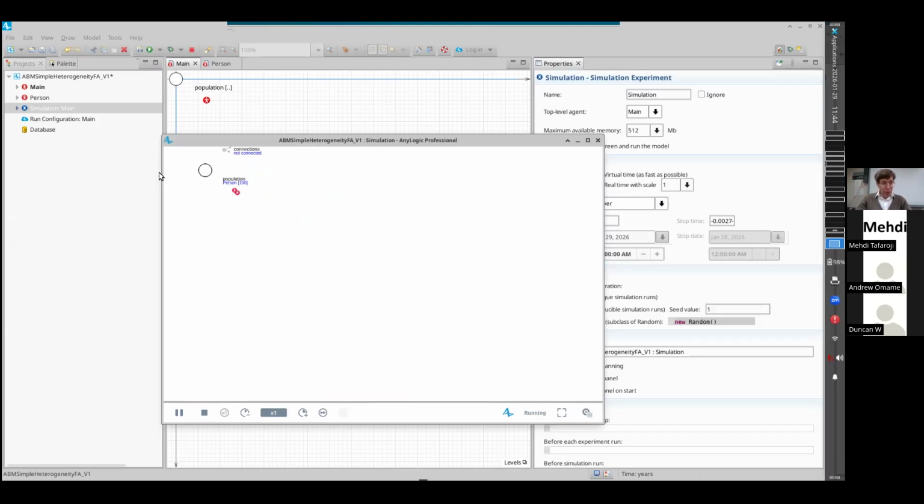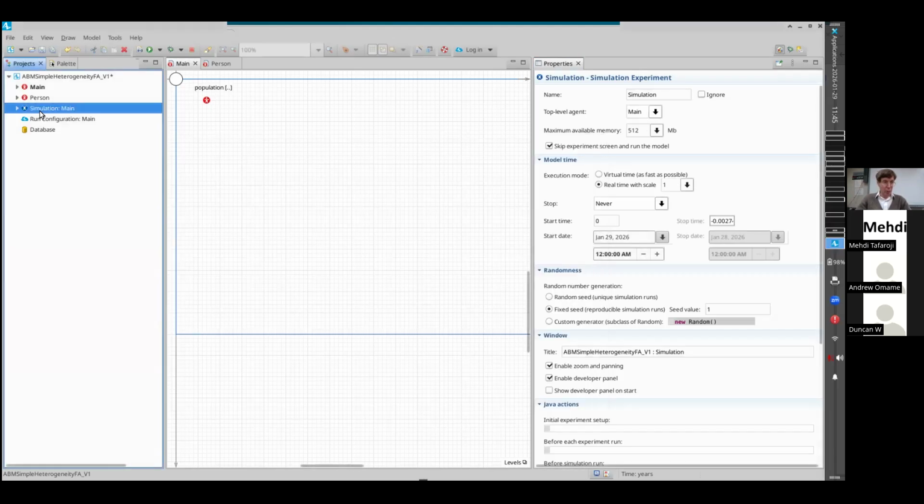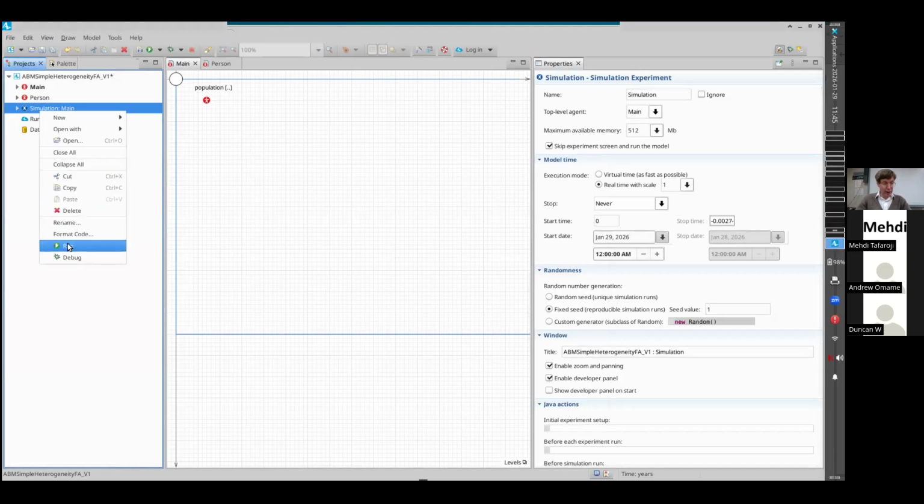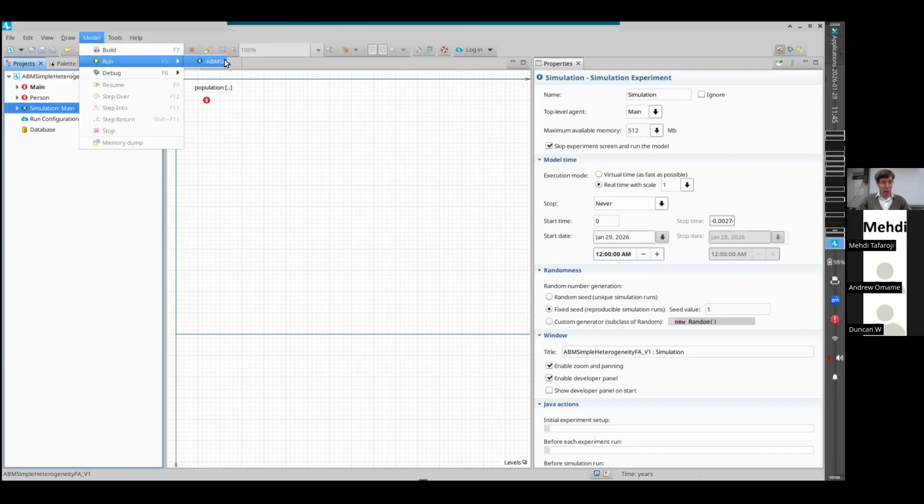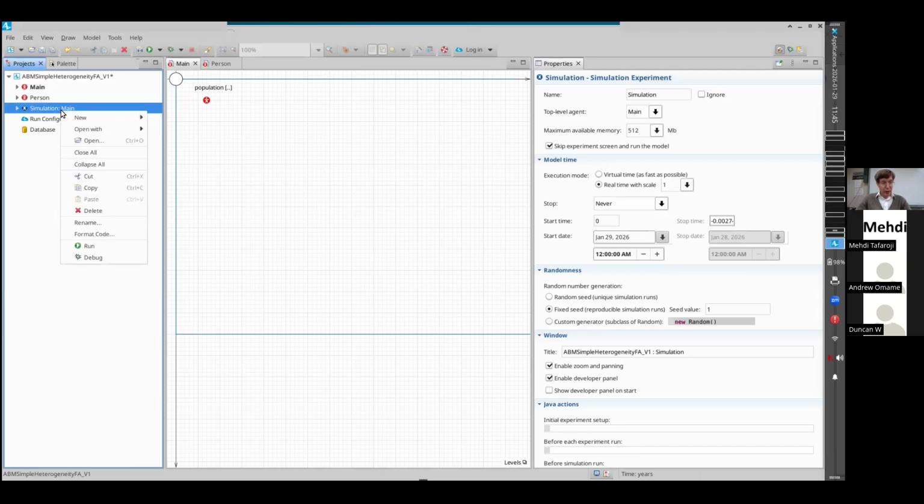Okay, so we've just run that. How did I run that? I should have shown that more closely. Well, you can run it in a couple of ways. You can right-click on this experiment, this thing called simulation, and do run. Another way you could do it is you can go with this button up here, pull down the drop-down and say run, or you could actually say model run and choose it. In any case, I'm running it,